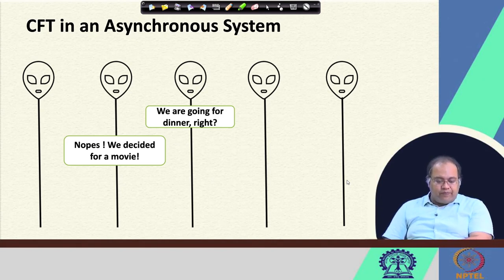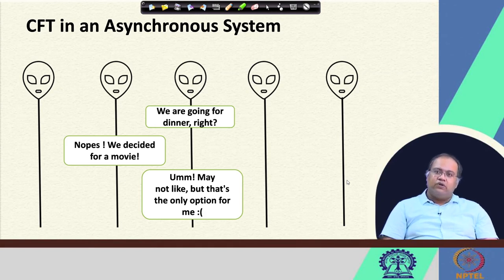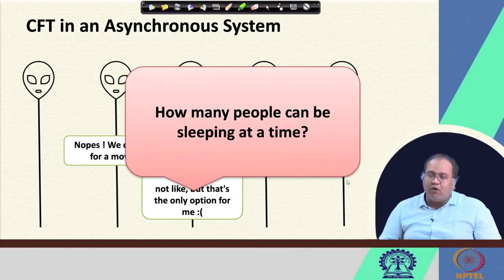That is the kind of consensus: the majority have already agreed on going for a movie. So that person has no other option but to go for a movie if they have to obey this majority consensus. That way we can see that we can still reach a consensus